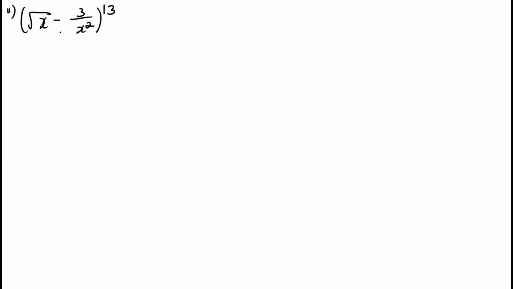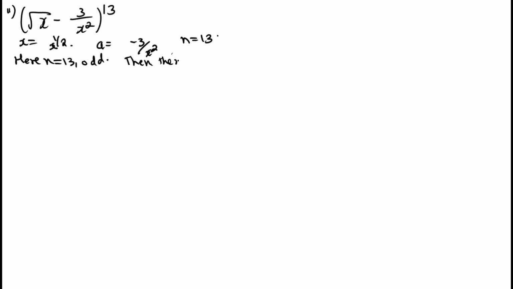See the next question. Root x minus 3 by x square to the power 13. X value equal to root x, that is x to the power 1 by 2. A equal to constant term, that is minus 3 by x square, and index n equal to 13. Okay, so here n equal to 13, it is odd number. Index odd, then there exist how many middle terms? 2 middle terms,